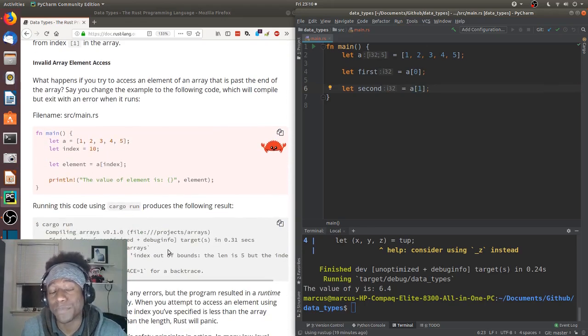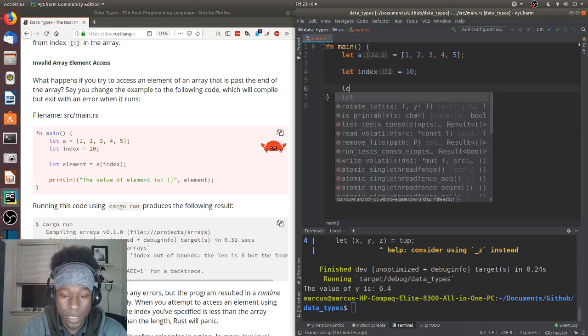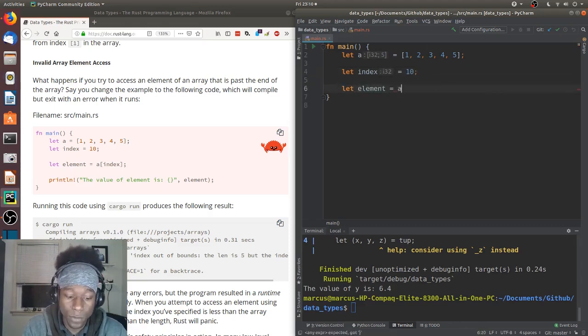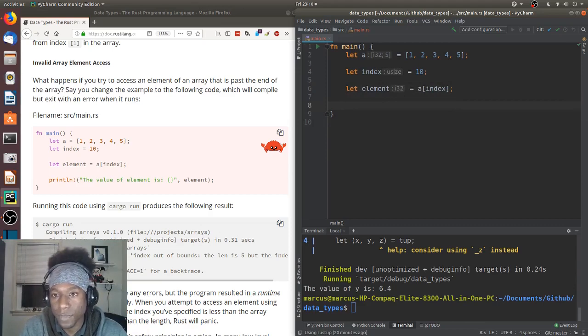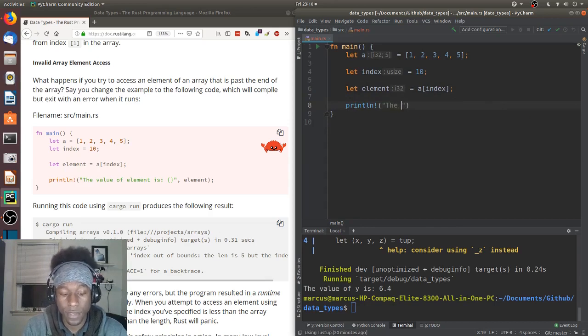But you do have the concept of an invalid index. So we know that a only goes through 1 through 5. So we have indexes 0, 1, 2, 3, 4. But what happens if we try to access index 10? Well, let's see. Let index equal 10. Let element equal a at index. Print line, the value of element is